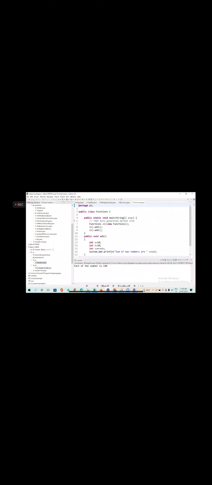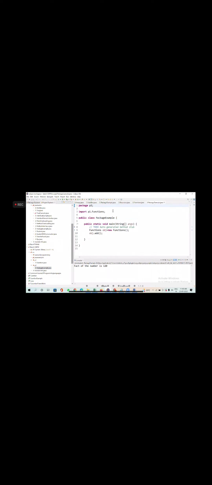Now I have another package called package 2. Package 1 contains one class called functions. I have one more package called package 2. Now what I want to use is this functions class. In the functions class, what do we have? The add method. So I want to use this method. Add is available under where? The functions class. The functions class is available under which package? Package 1. Now you have package 2. Package 2 contains what? Package examples. I will come to package examples.